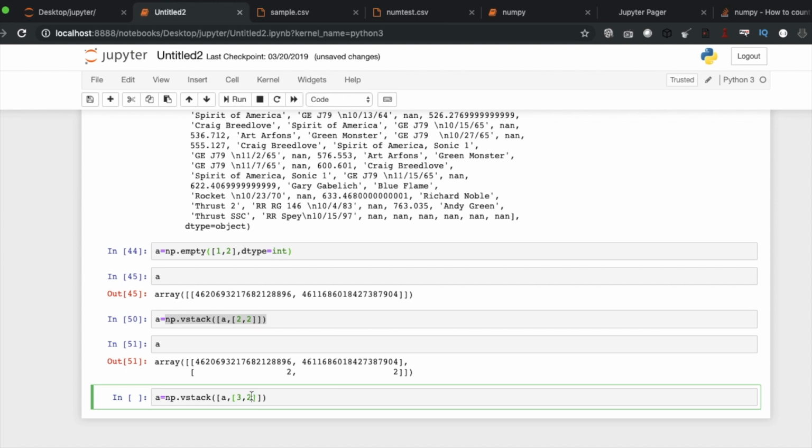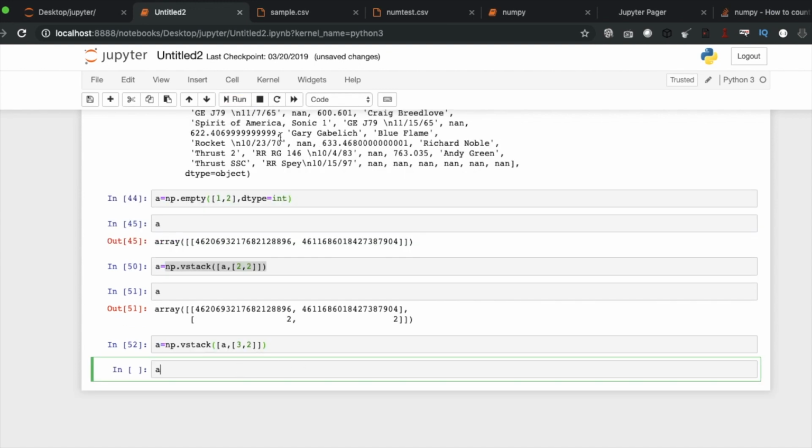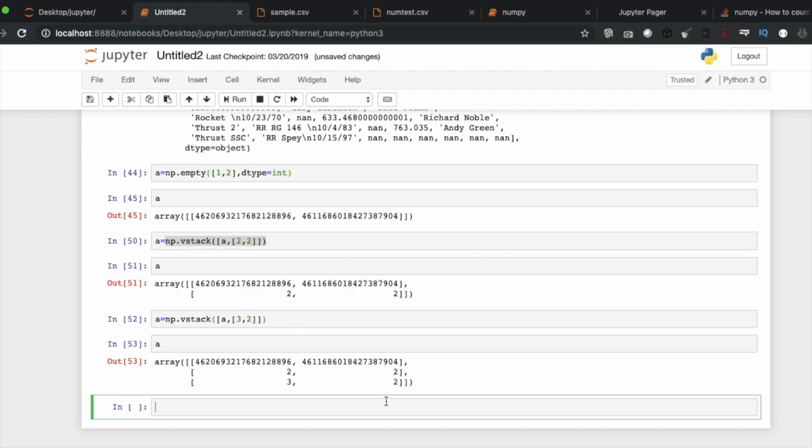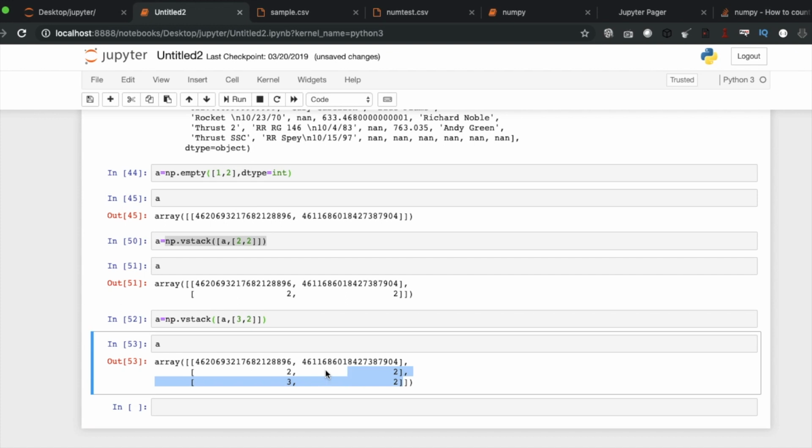So you can stack up the arrays in a nice way. This will be very useful when you are doing some sort of mathematical operation, mostly related to linear algebra or systems of linear equations, and maybe some other areas.